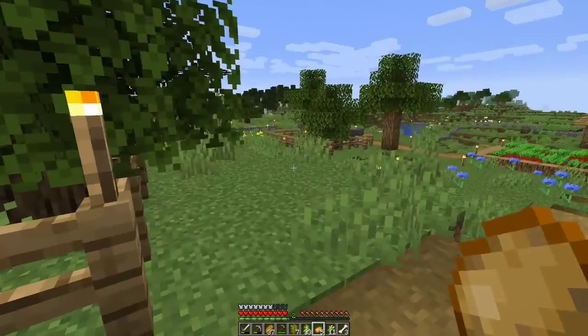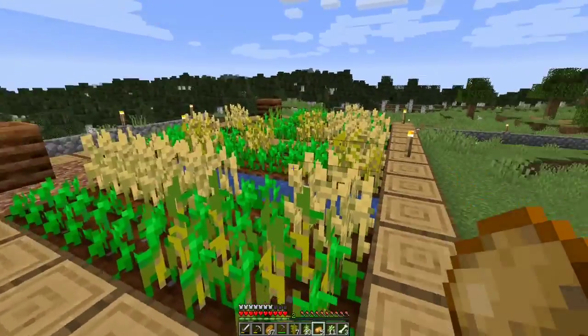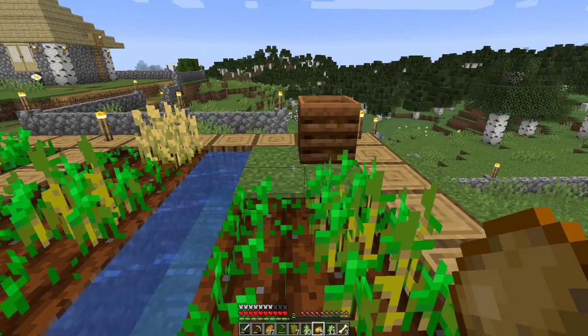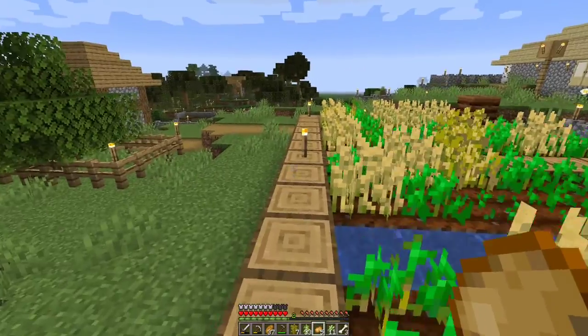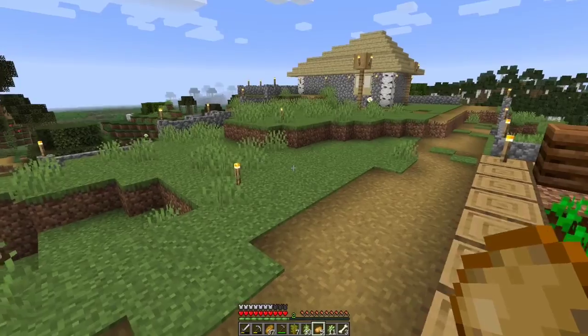So we're going to go and work on two things today. We're going to work on expanding the farms because I lost some useful crops such as carrots earlier. So I'll work on expanding the farms a bit, and we'll also work on getting all these other crops planted such as potatoes, pumpkins,